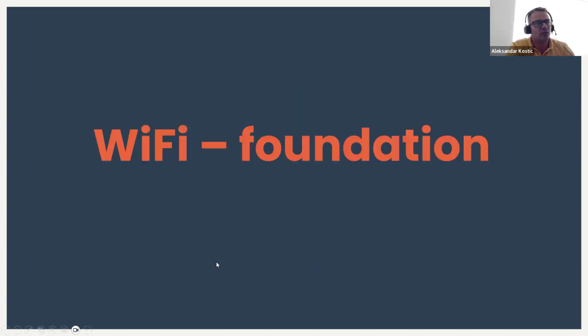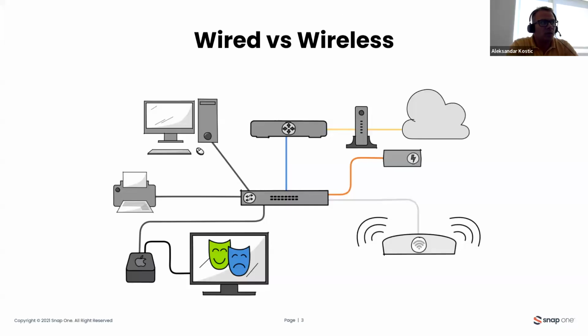So first of all, let's start from the foundation. What is the advantage of wireless and why do we go to wireless at all? First of all, we can never have a connection as reliable and low latency through wireless as we have on wires. So we go with wired connection as much as we can. All connections between switches and the router, all backbone connections, are on wire. Wireless is just an alternative when there is no other choice and we have to wirelessly